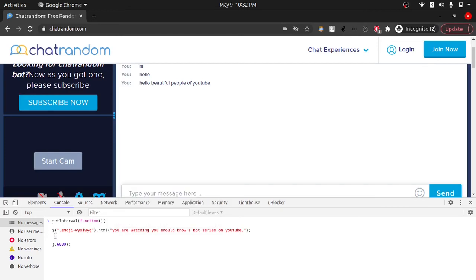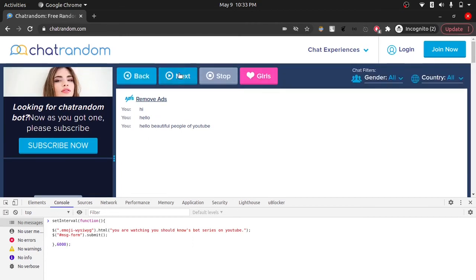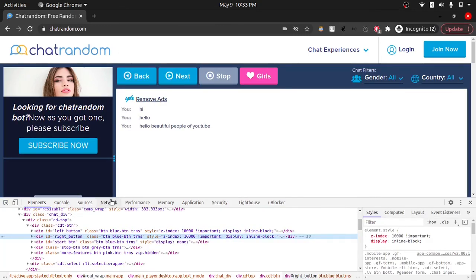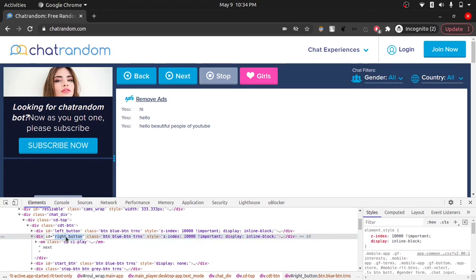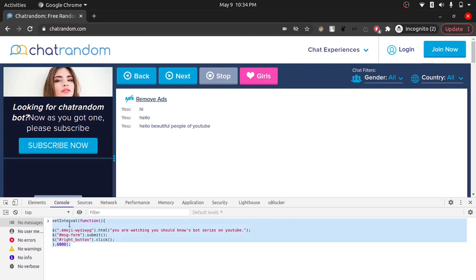All right, and now we have to send the message, but we also have to make sure that we are connecting to a new person, right? So in order to do that, we have to get this button, which is the right button, and we have to click it. Alright, we will just try to run it.